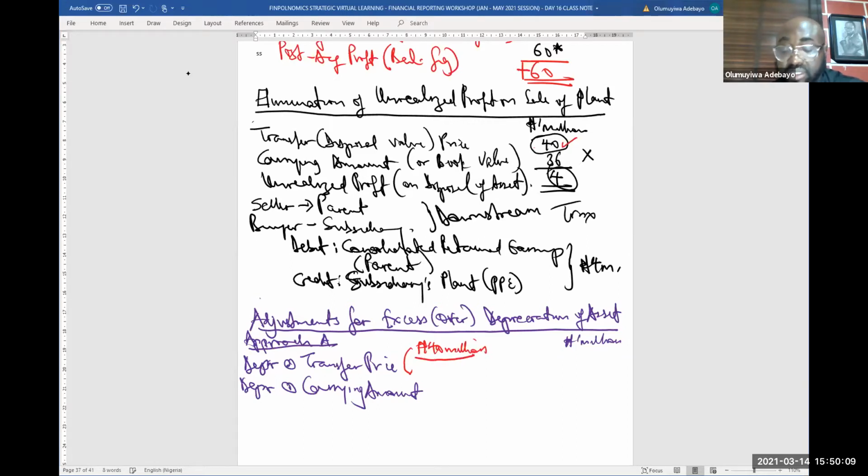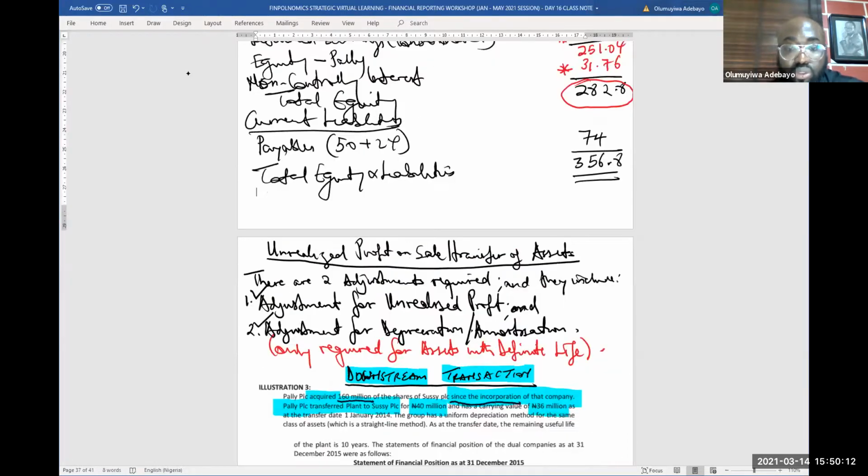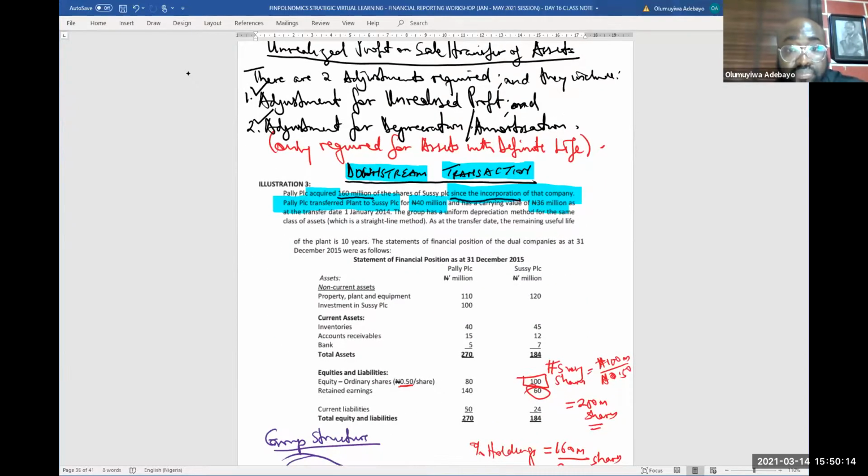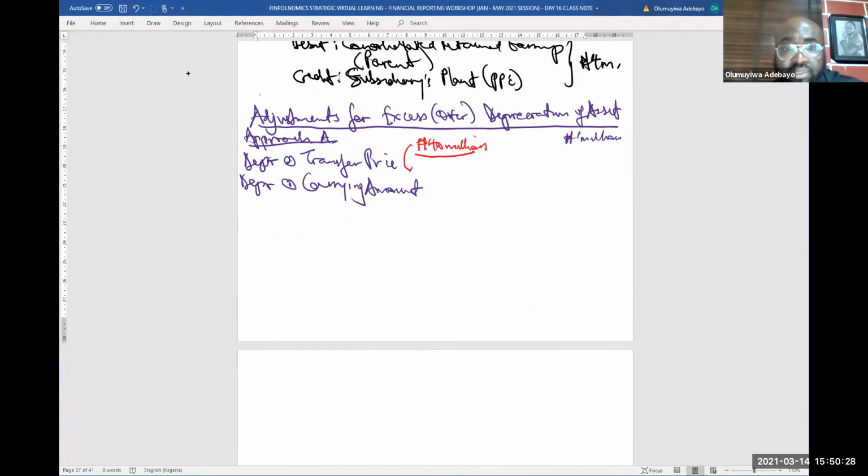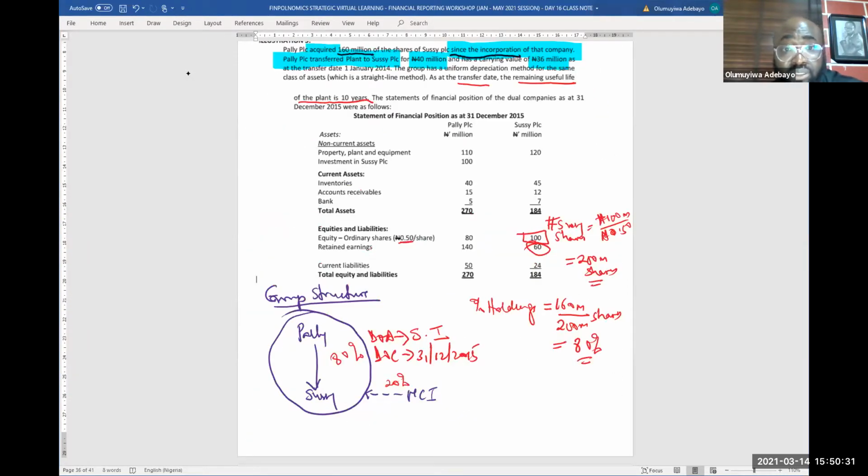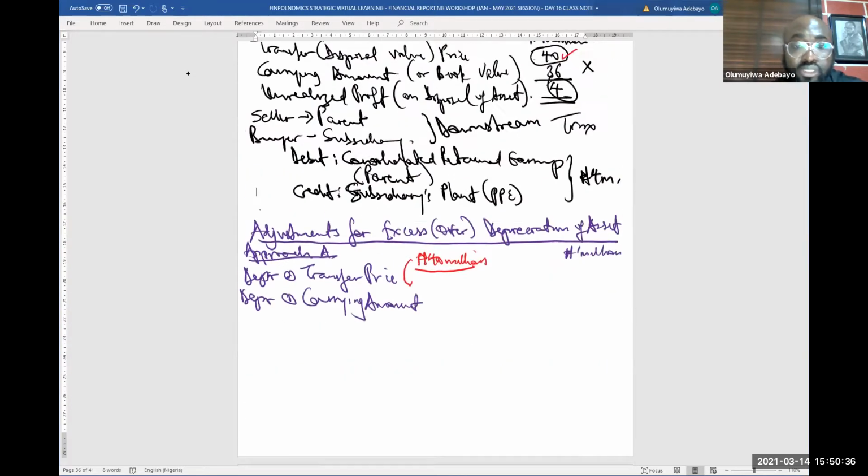And as at the transfer date, we were told that the remaining useful life of the plant is 10 years, which means your average depreciation, given that the depreciation method is straight line, would be to divide 40 million by what? 10 years. That gives approximately 4 million depreciation per year for the next 10